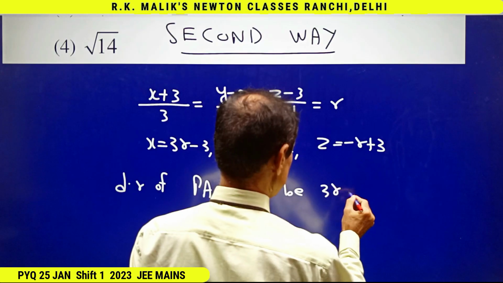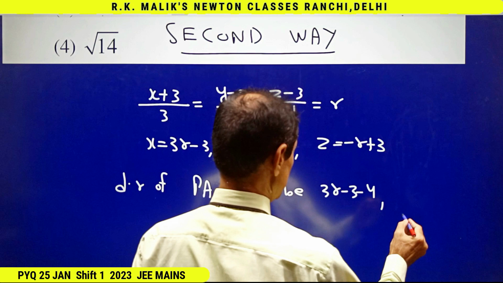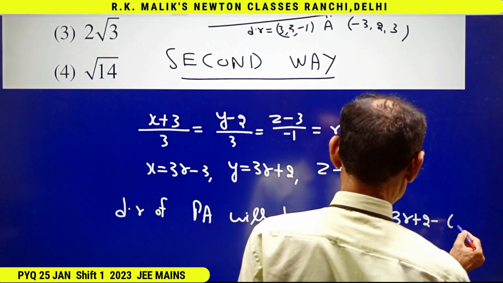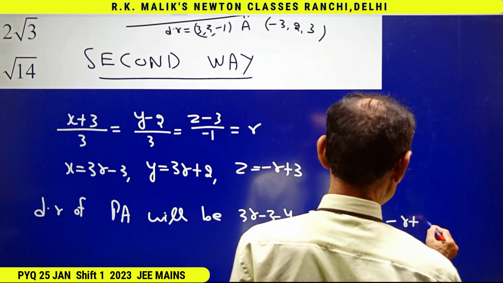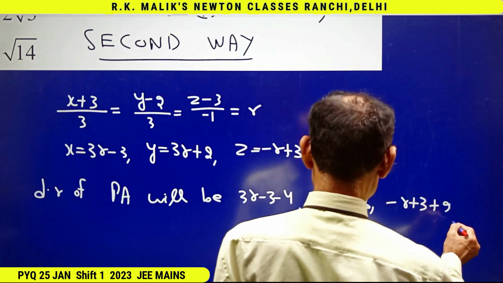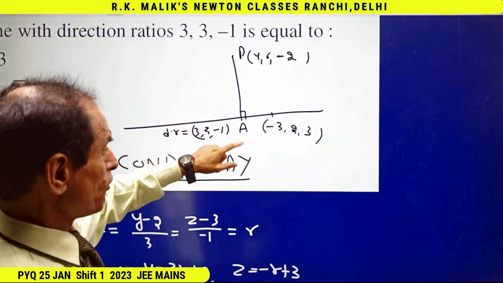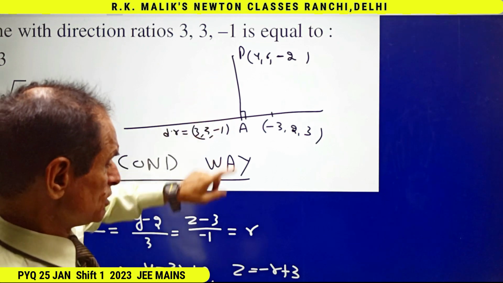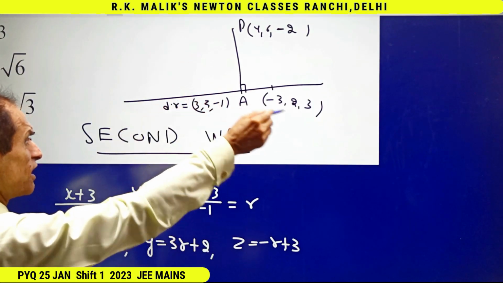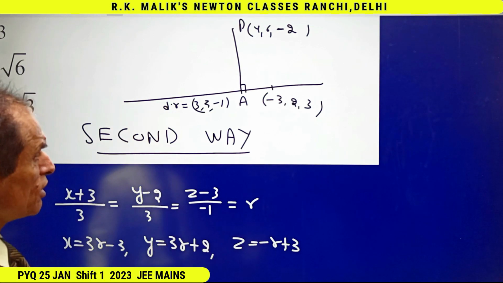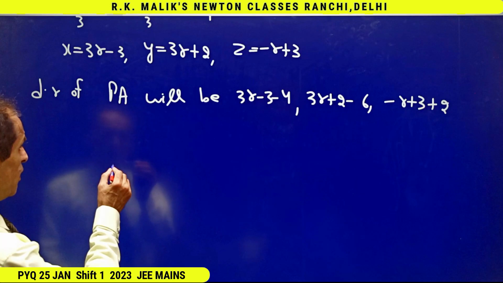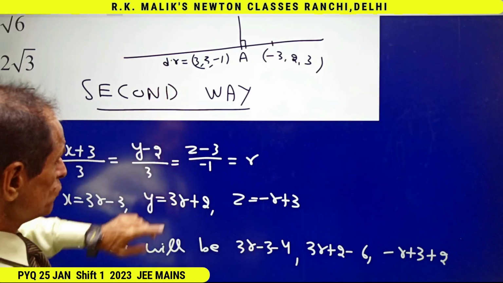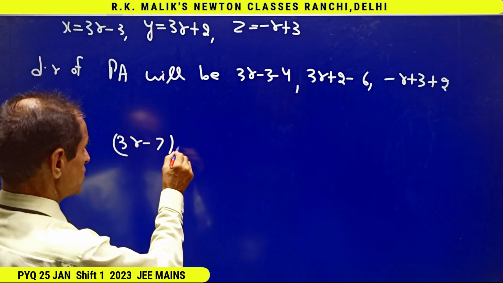will be 3R minus 3 minus 4, 3R plus 2 minus 6, and minus R plus 3 plus 2. That is using the formula that direction ratios of AP are x2 minus x1, y2 minus y1, and z2 minus z1. And because PA and the line are perpendicular, hence using the condition of perpendicularity, I will get 3R minus 7 into 3